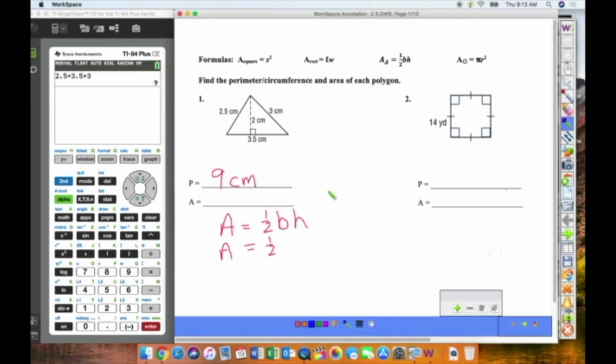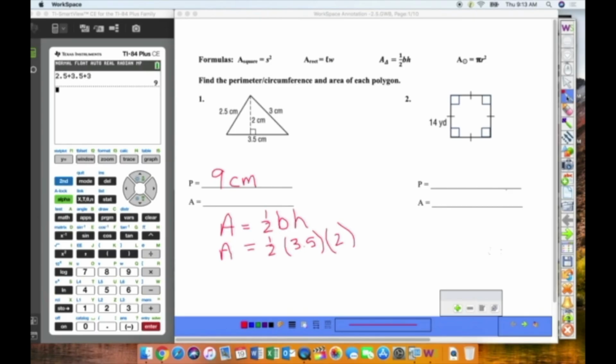The base and the height have to be perpendicular to each other. So the truth is, any of these three sides could actually be the base of this triangle. It doesn't have to be the bottom like you were probably taught in middle school. But the base and the height are perpendicular to each other. So do you see how these segments right here, even though this one's imaginary, are perpendicular thanks to this right angle box right here? So one of those guys is the base and one of those guys is the height. What I'll do is I will call the base 3.5 and the height 2 in that situation,